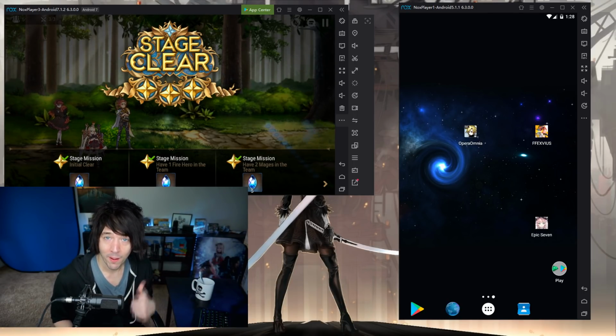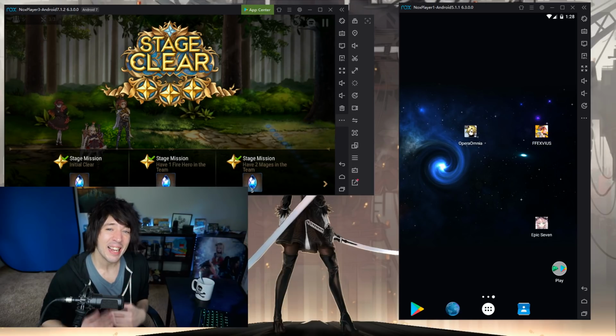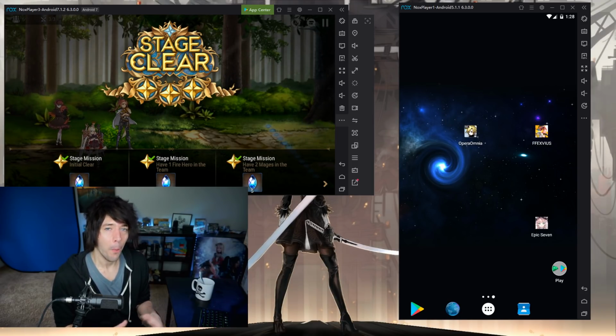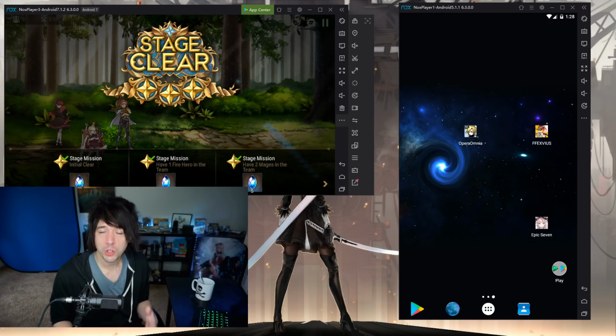First point though, be sure to go ahead and get Nox 6.3.0.0. Okay guys, it is either the newest or second newest version of Nox. If you don't have access to this yet, go on in your internet, open up Google, type in Nox, or just go to bignox.com. Make sure you get version